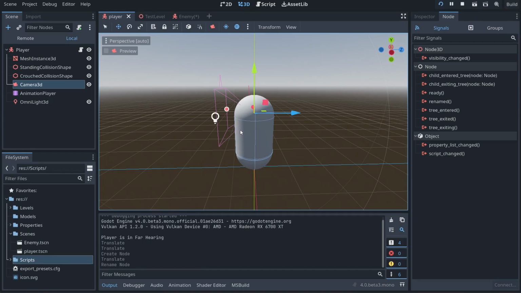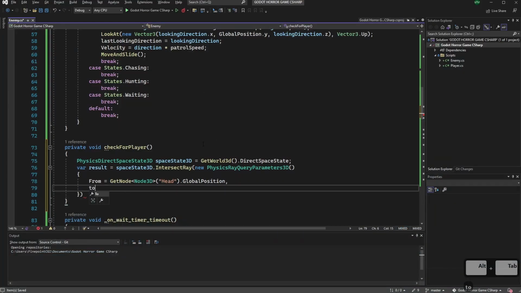If the character is crouched, it's going to shoot a ray at the character crouched. So it's going to be down here. And if the player is actually standing, it's going to raycast up here. So to me, that's the most logical location to raycast to get the best chance of hitting the player. So let's head back to our enemy and say To equals,